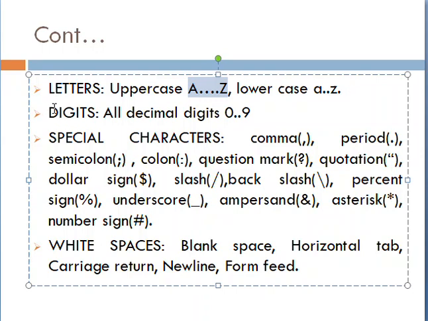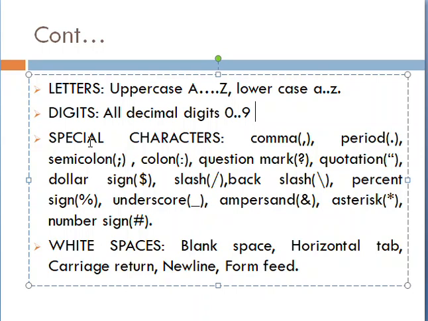Digits, as we know, are numeric values 0 to 9. And special characters are comma, period, semicolon, colon, question mark, quotation, dollar sign, slash, at the rate, hash sign. These are all special characters.